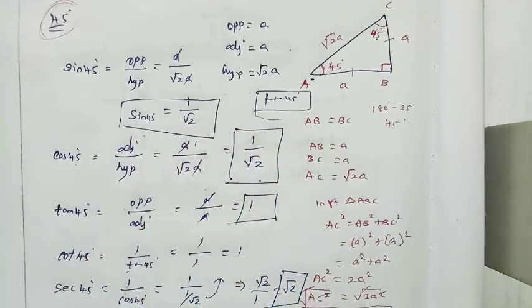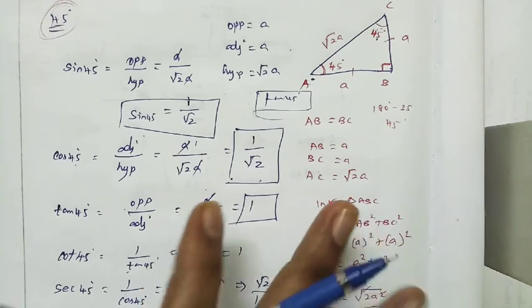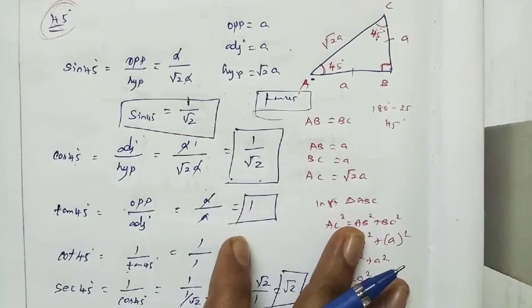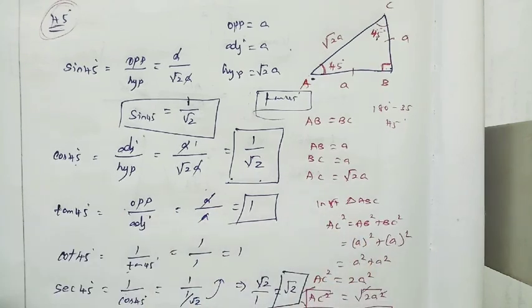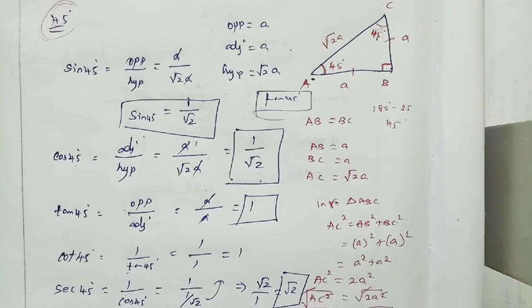And today's homework: be thorough with this formula and all these values. Totally how many values are we having? 30 values. Among the 30, 18 alone are very, very important. Which ones? 30 degree, 45 degree and 60 degree. These three angles are very, very important for the next chapter also. Once again, be thorough with all these values, and tomorrow onwards we will start sums in this concept.